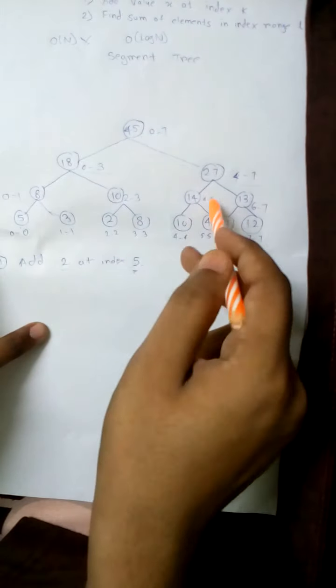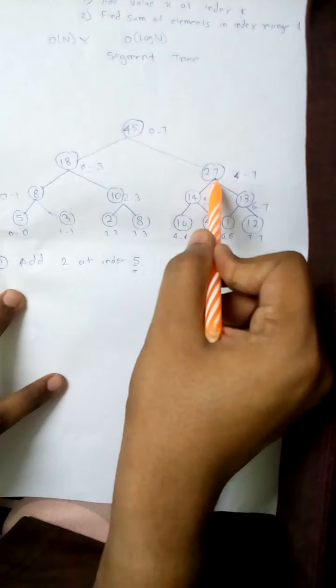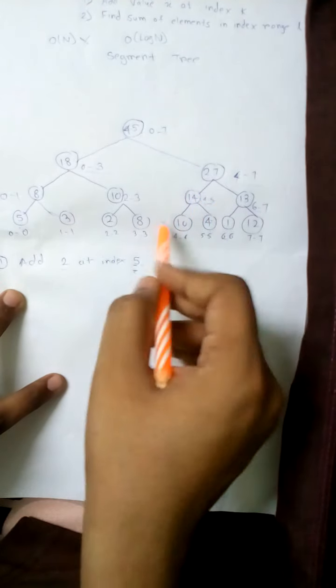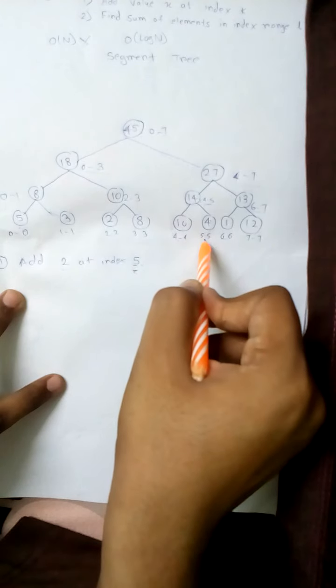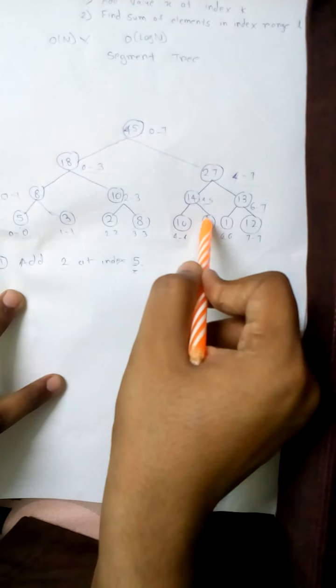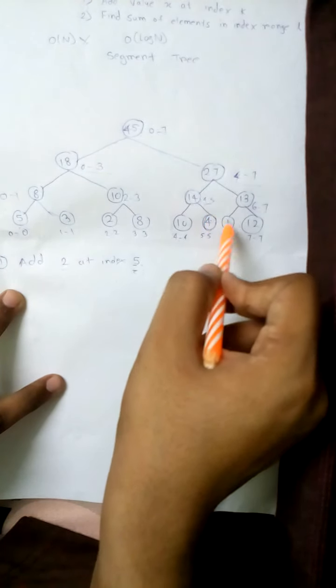Then we will check for index 5. So this is 4 to 5 and 6 to 7. The index 5 lies in this range, so we will go here. Then again 4 to 4 and 5 to 5, the index 5 lies in this range, so we finally reach this node. Now what we will do is